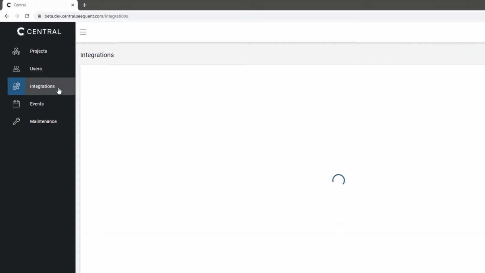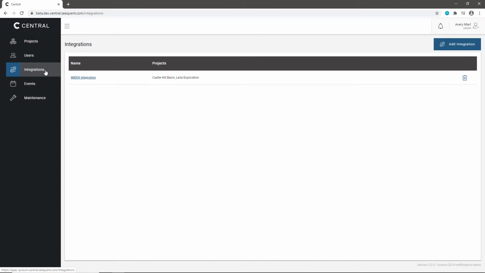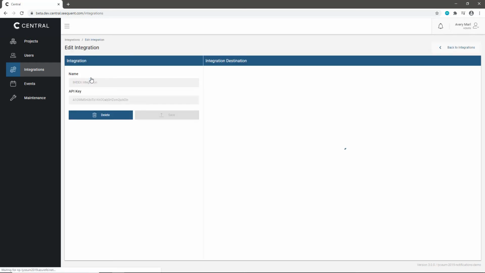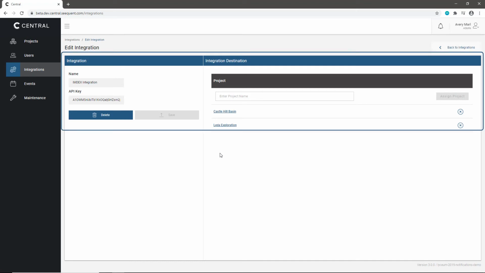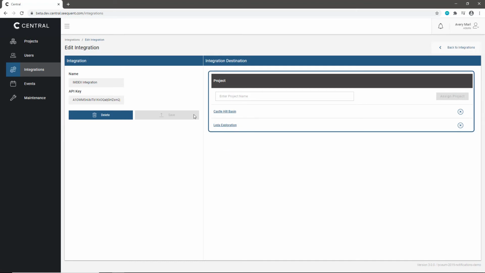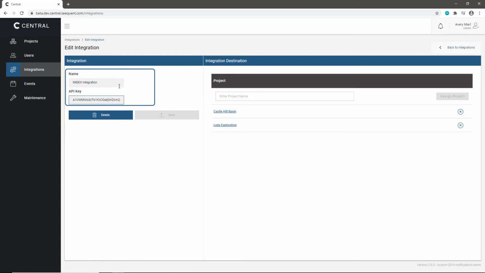Over to the integrations page, this is where you can manage central integrations. We currently have an integration with the IMDEX Hub. This integration enables downhole data collected at the rig by Reflex Tools and stored in the IMDEX Hub to be viewed alongside geological data in Central. If your internet connection is sufficient, live data is available, so you can track your drilling as it's happening. Here we have an integration set up and a couple of projects using it. We can edit the name and API key for this integration, as well as add or remove projects.